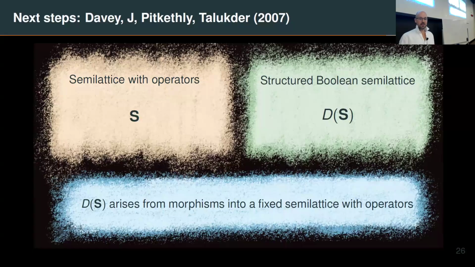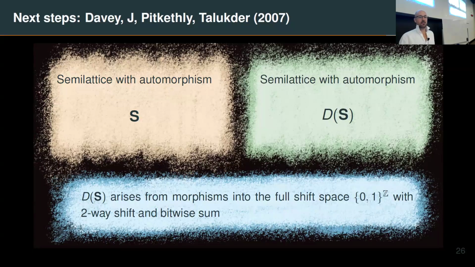But if you do, here's a good example. If you take semilattices with automorphism, so this is a semilattice with a unary operation that has to be an automorphism, it also comes with another unary operation that is its own inverse. So this, from a machine learning perspective, could be quite nice because it gives you a way to maybe encode symmetries of objects for free, rather than having to learn them as part of the learning process. You could just build it in.